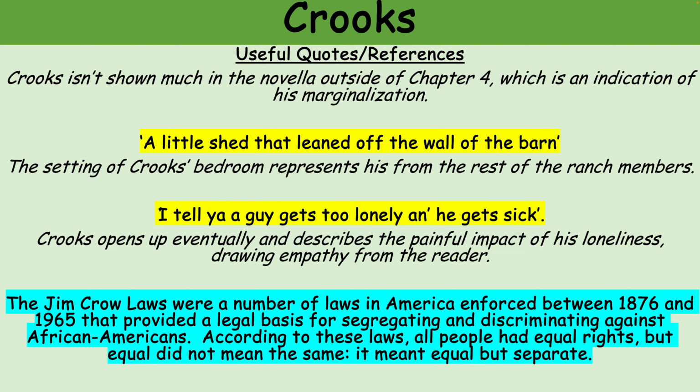In other words, they used the law to justify discrimination by saying, well, everyone is equal, but we're not the same, and therefore we should be kept separate. So that justified black people having separate educational institutions, as an example, okay, living in different neighborhoods, going to different restaurants, and so on. So being the only black person on this ranch means that Crooks has nobody to see as a friend, or again, someone to talk to and to establish a meaningful relationship with.